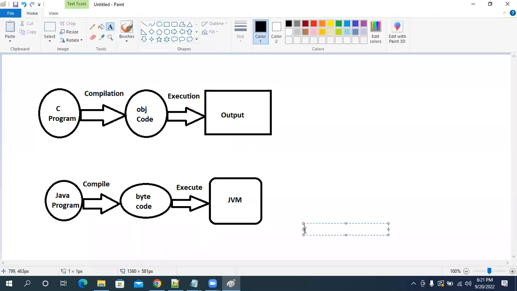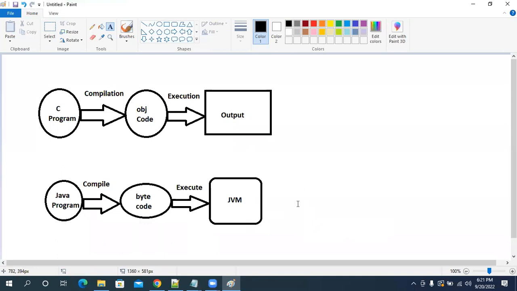Here, our JVM is intelligent. Sir, why is JVM called intelligent? JVM will not execute the program directly. Our JVM will check where you are executing the program, in which machine you are executing the program.